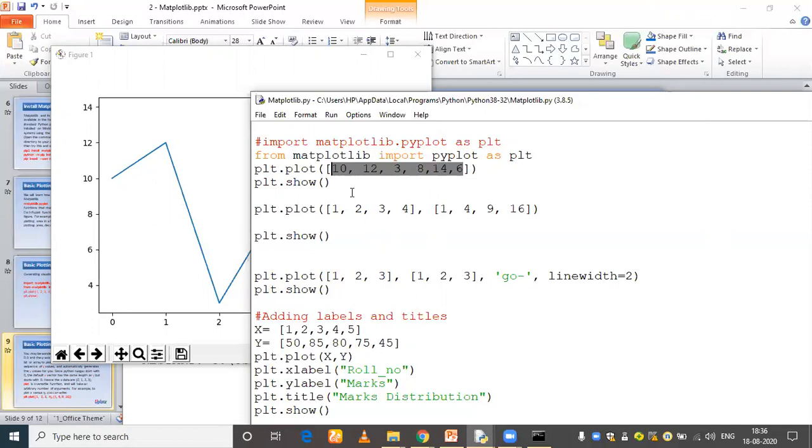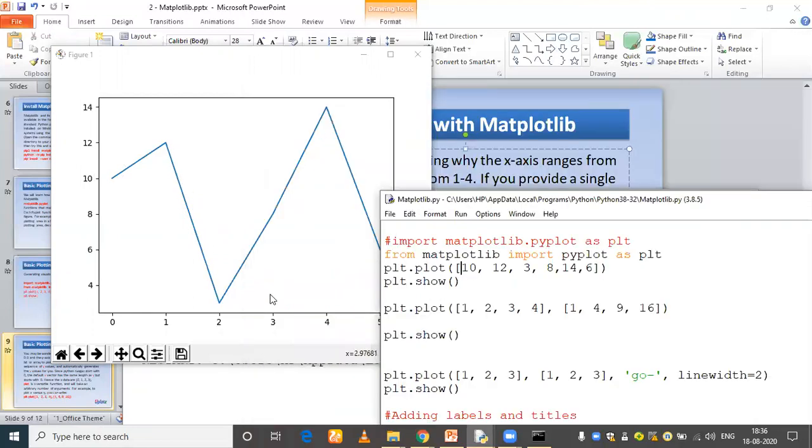Got it? And these values you can see on the y-axis here. The 0 index, that is the first one, is 10, next one is 12, and then 3, and then 8. After 3, what do we have? 8. Can you see this? This one is 3: 0, 1, 2.